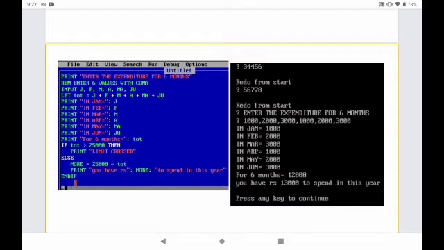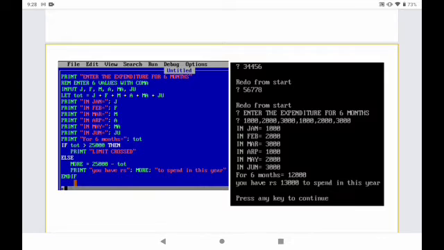You have to give the value sum equal to 0 and assign a count from 1 to 10. For counter equal to 1 to 10, then sum equal to sum plus count raised to 2. Next counter will be there. Then you have to print that sum only.